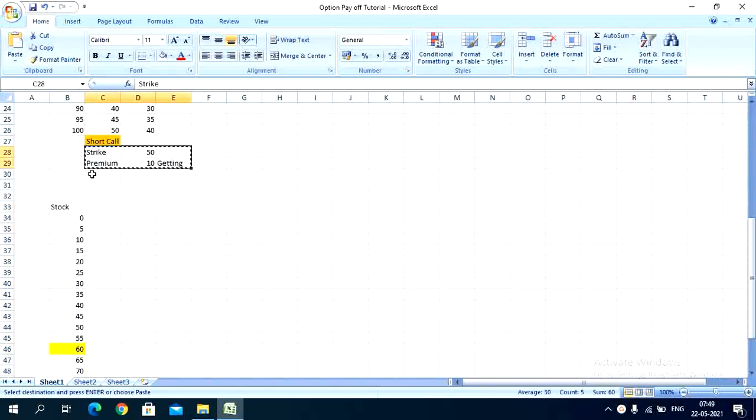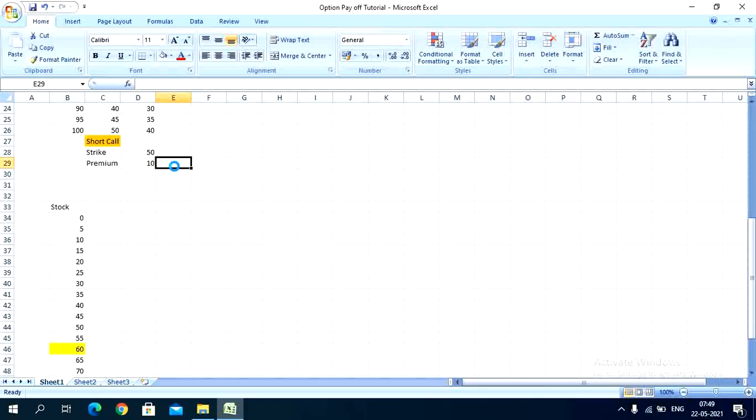The premium amount will be the same, so I have written it like premium is 10 rupees, strike price is 50 rupees, and it's a payoff diagram for the short call. So you just remember one thing: when the buyer, I mean the option buyer, the call buyer, the person who has taken a long position in the call, exercises his right, then only the option seller will have the obligation.